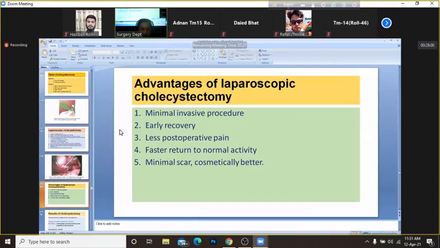So after operation, there is early recovery. In standard open cholecystectomy, the patient usually recovers in 2 to 3 days. But in laparoscopic cholecystectomy, the patient can recover within a few hours, 6 to 8 hours, at best 1 day. After 1 day, the patient can be